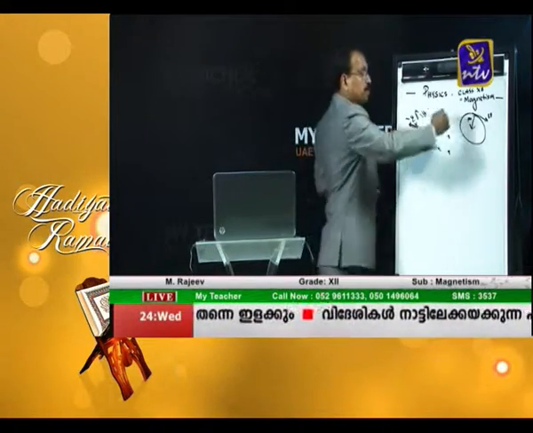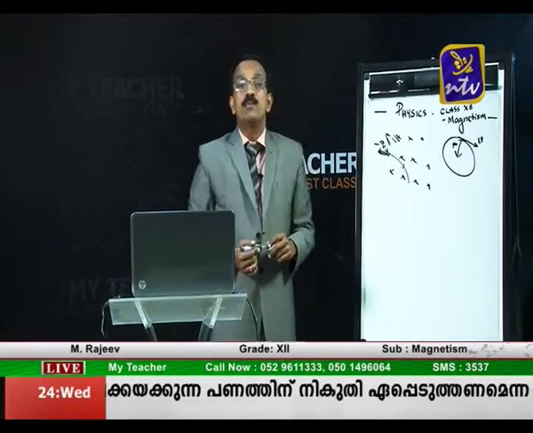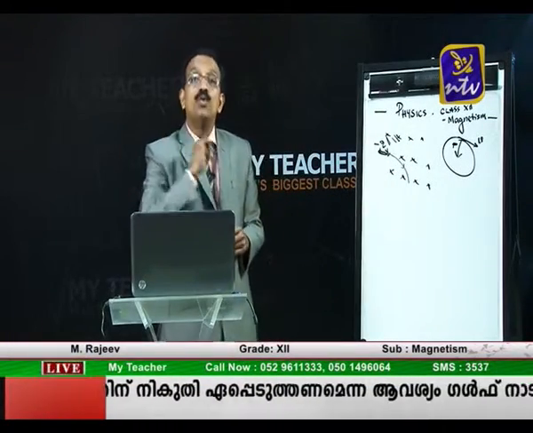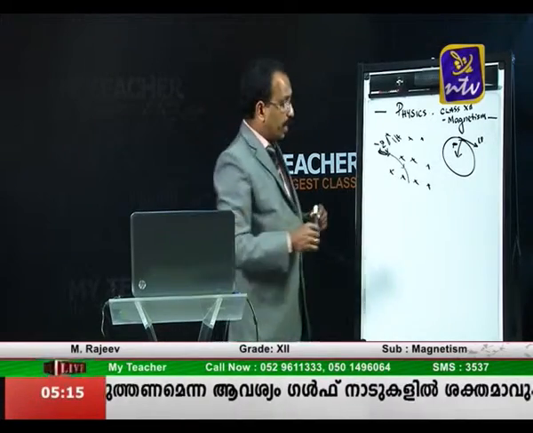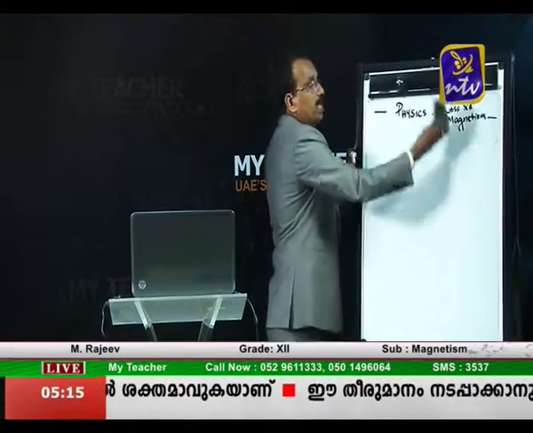If it was positive charge, it would be going like this. If it was negative charge, it would be going in this way. That you can make out with the help of Fleming's left hand rule. Okay, now again, when a charged particle is going in a magnetic field,